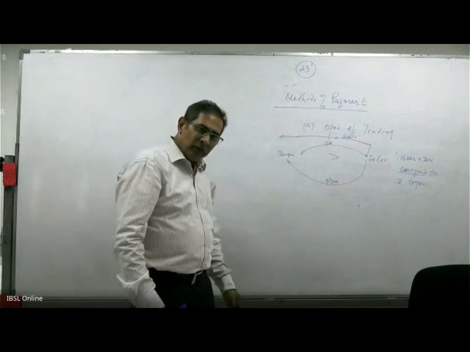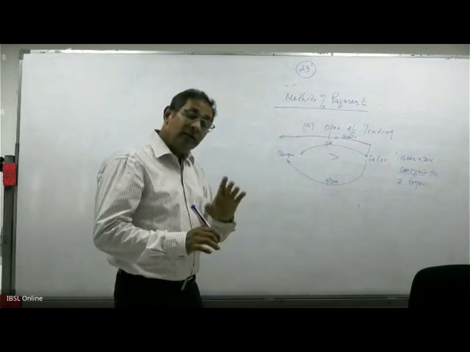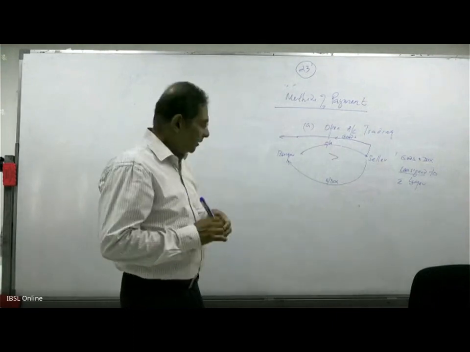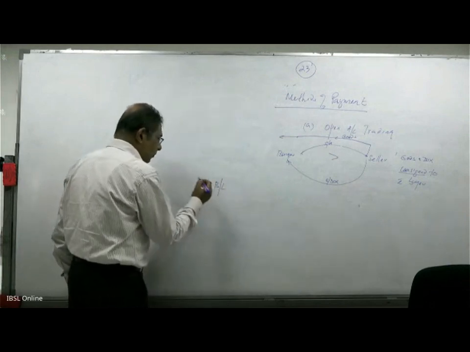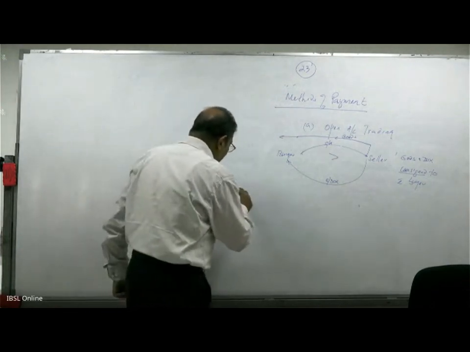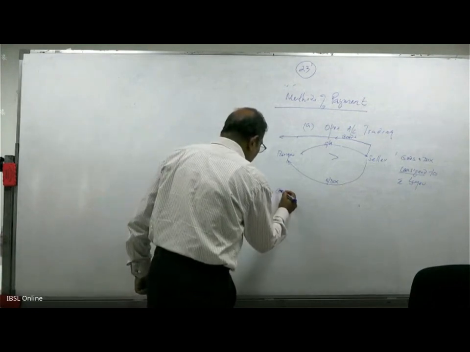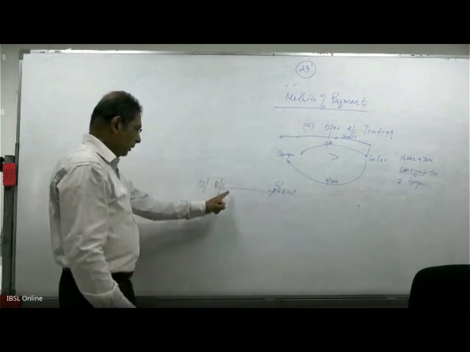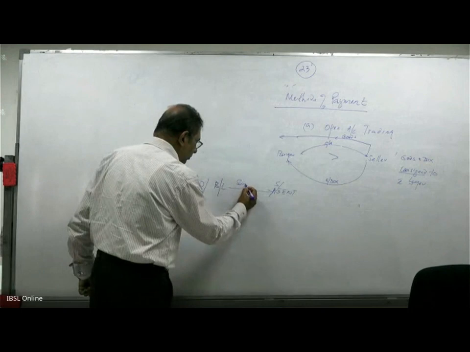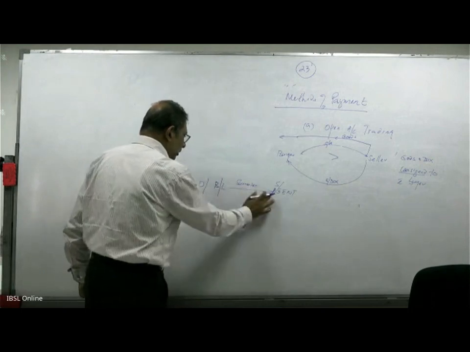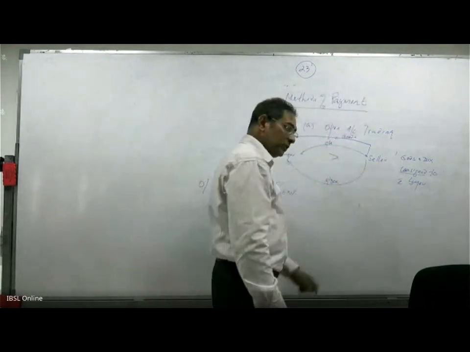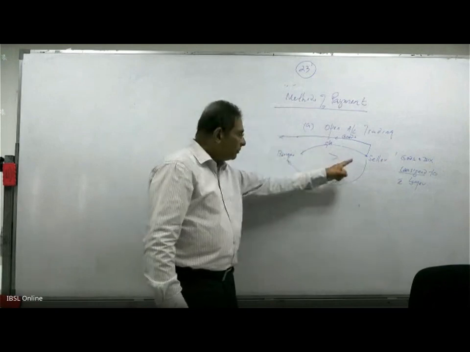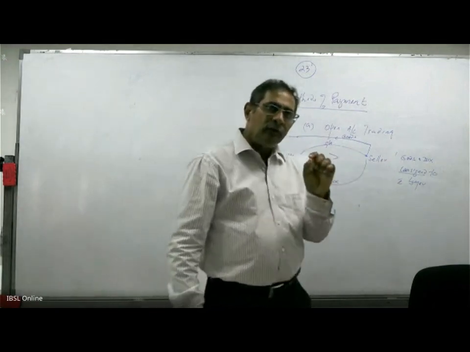Now the buyer, what will the buyer do? The buyer has the documents. In those documents, he has the bill of lading also. Right. So he will take the original bill of lading to the shipping agent and surrender the bill of lading. Remember, in the shipping documents, when the bill of lading is given by the seller, he has to give the full set of the bill of lading.